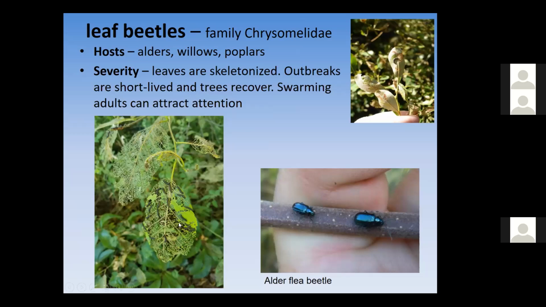So this leaf beetle, these little black, they're not caterpillars, they're beetle larvae, but they look a lot like caterpillars or worms. They're what we call a skeletonizer. And so you can see pretty clearly there, they're feeding between the leaf veins. And so they have a real distinctive damage pattern. And that one was